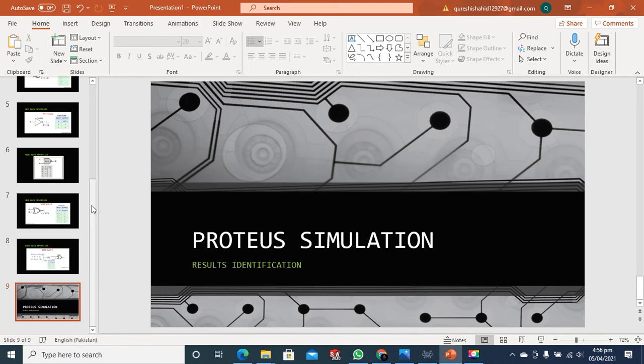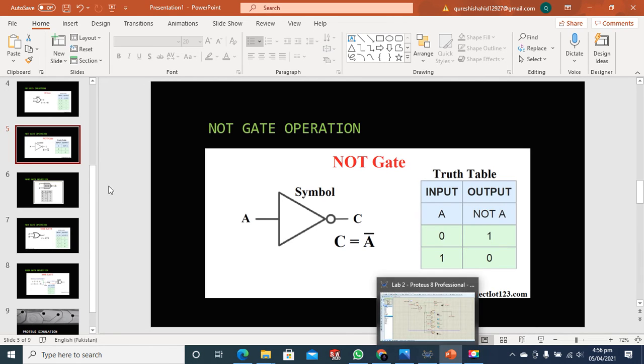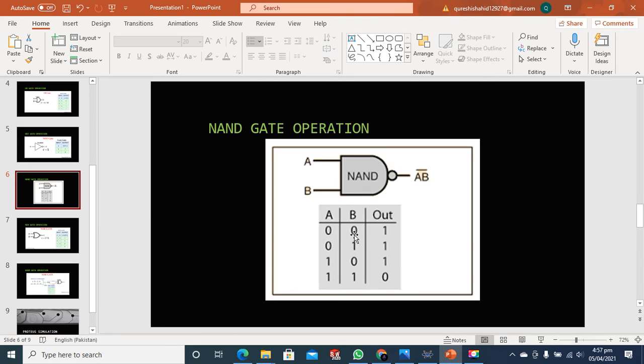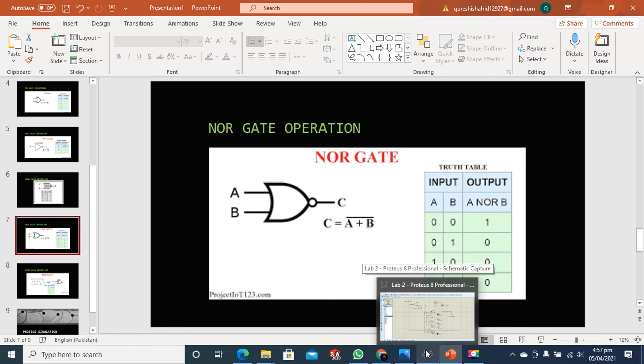As you know, the NOT gate shows that if our input is low, we will get a high output. And next, if both our inputs for the NAND operation are low, we will get high, and if both our inputs are low for the NOR gate operation, we will get a high output.